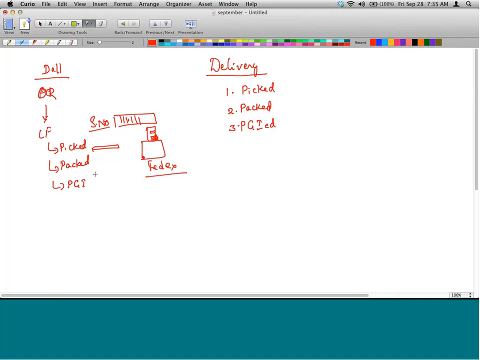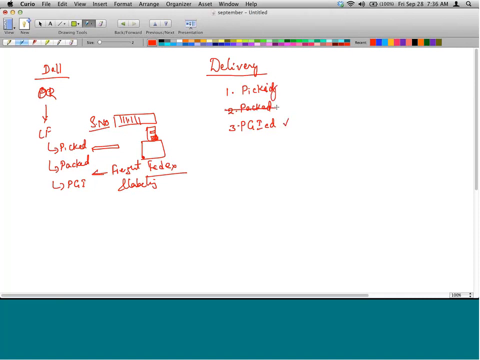That labeling, right? And labeling is an additional step here. I'm not going to talk about it because it's a step that is small and trivial, and you don't have to worry too much about it. So, there are many subsequent steps there, but we are not going to talk about all of them in detail. We are only going to talk about picking and PGI.